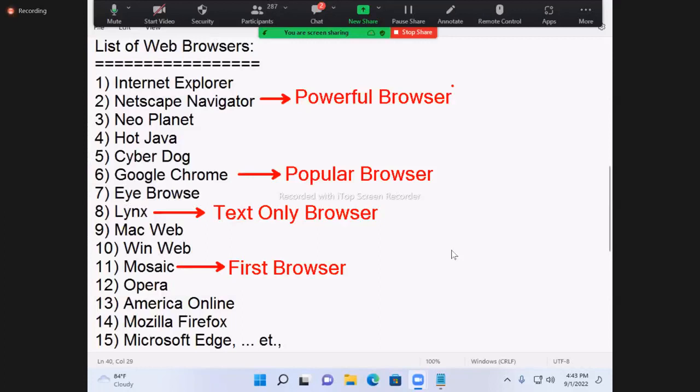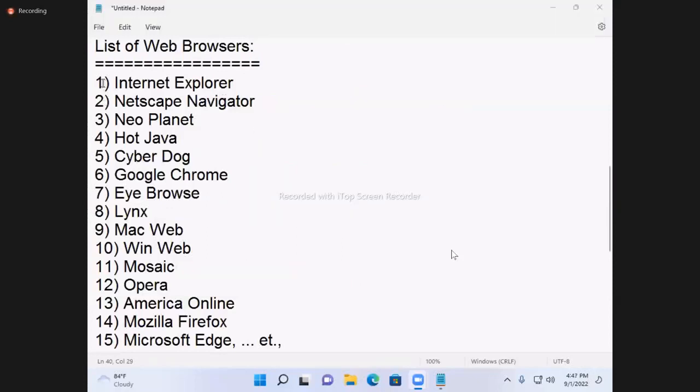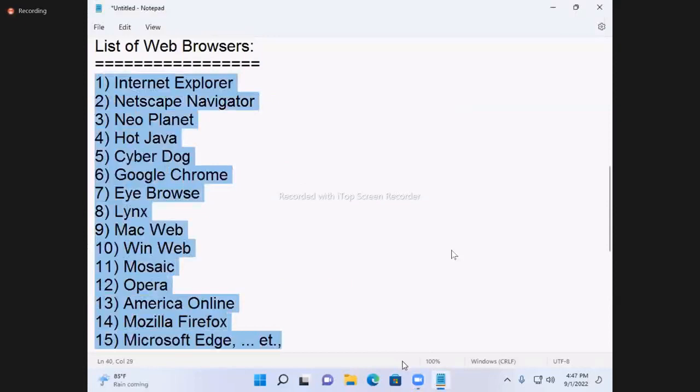That is the reason it has the highest priority and has become popular. So one is a powerful browser, one is a popular browser, one is a text only browser, one is the first browser. Any of these browsers you can use for Java, because Java is independent. Browser is independent, server is independent, everything is independent.